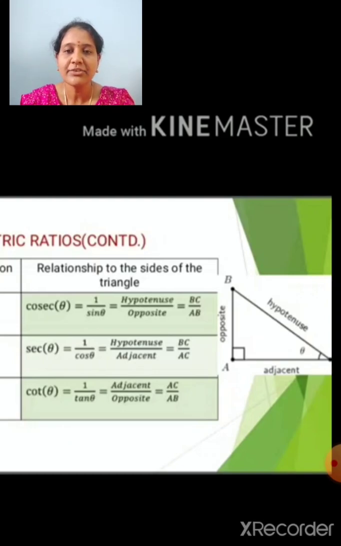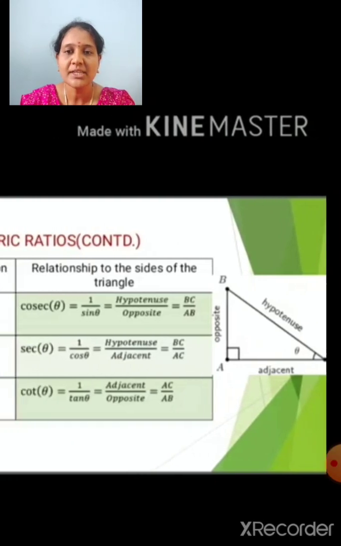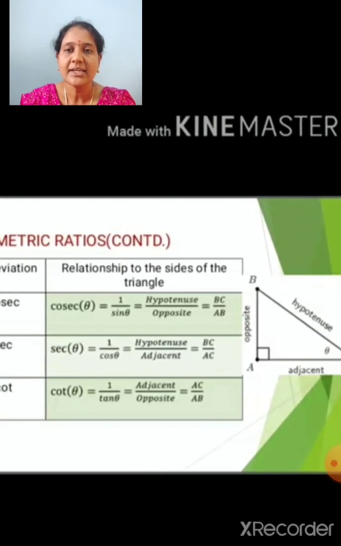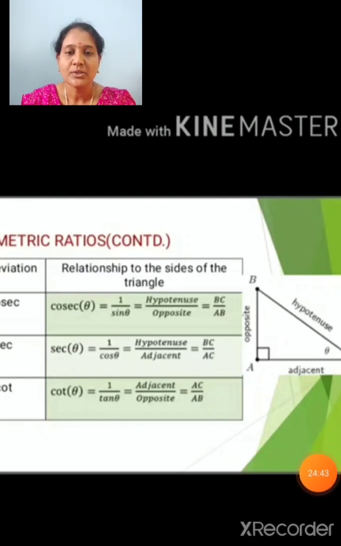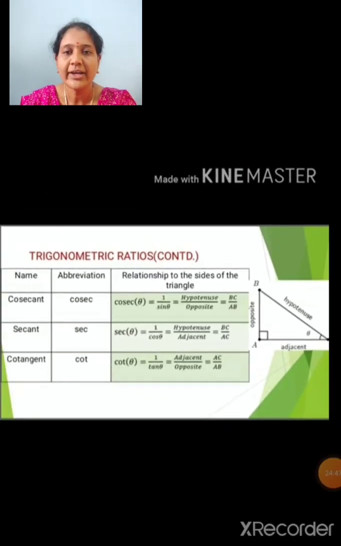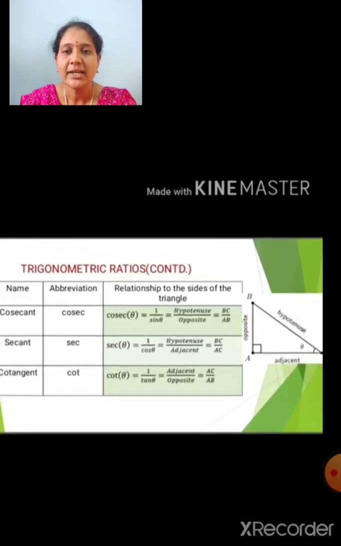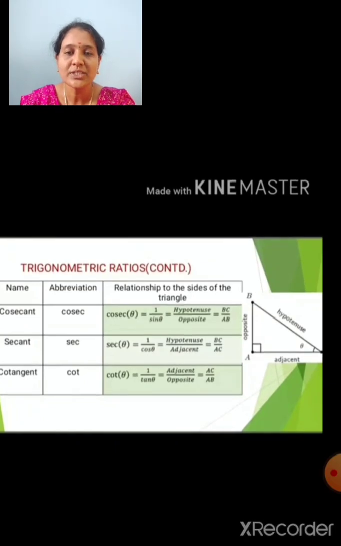In the adjacent figure, which is the hypotenuse? BC is the hypotenuse. So, BC by AC. Then the reciprocal of tan is cot theta. It can be written as 1 by tan theta, children. So that is also interchanging the numerators and denominators, that is adjacent side by opposite side. So AC by AB. So the final conclusion is that there are the 6 trigonometric ratios which are very important